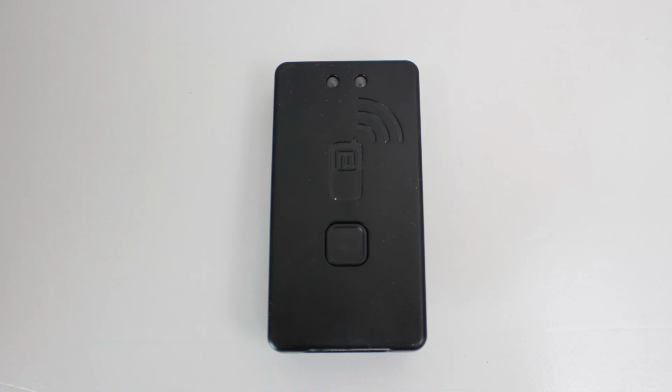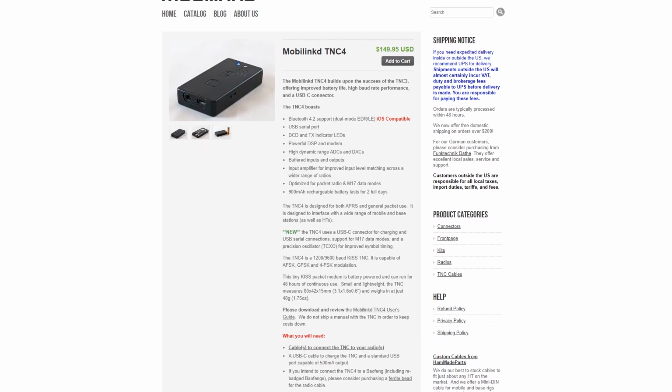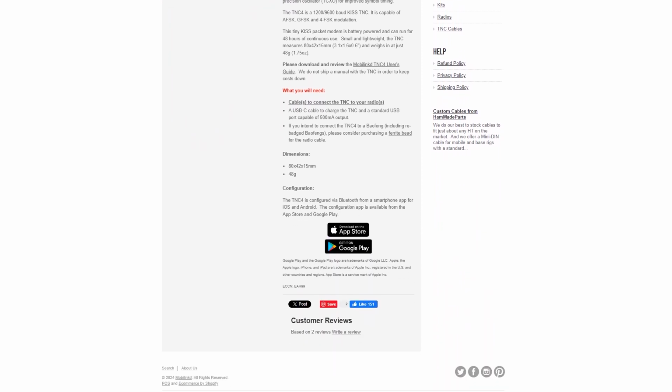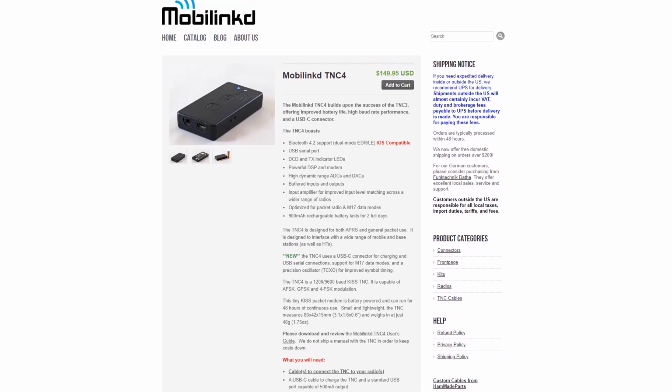A Mobilinkd is a completely separate tool. It is a battery-powered Bluetooth TNC, or terminal node controller, device that connects to your radio input and output. The Mobilinkd actually receives the audio and processes AX.25 packets into text and lets your Bluetooth connected device receive the data from the packet. When transmitting, it does that in reverse. Your application will send the packet's text to the TNC, and the Mobilinkd converts that to analog audio for your radio